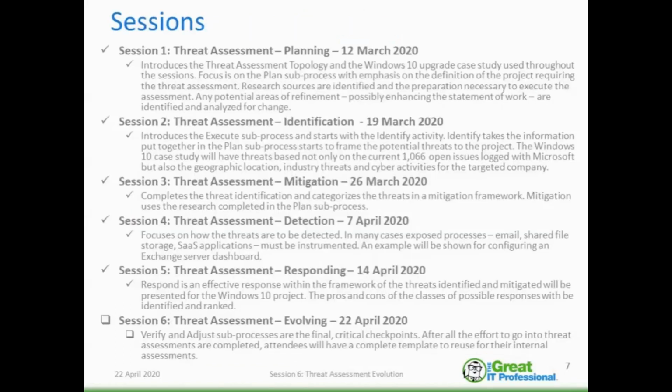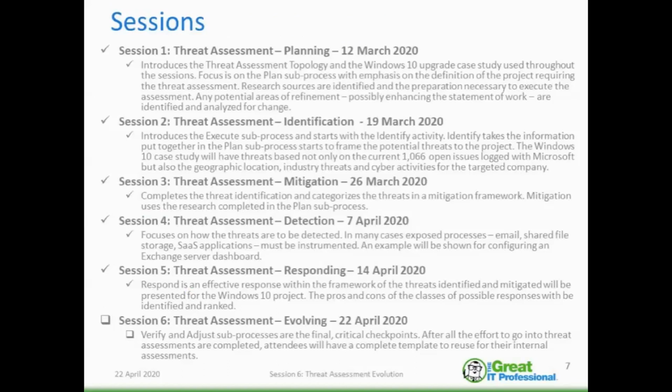Our first 5 sessions, we talked about planning, we talked about identifying threats, the mitigation of them, how to detect them, how to respond. And in this final wrap-up session, we're going to talk about the last 2 major blocks, the adjust and verify.